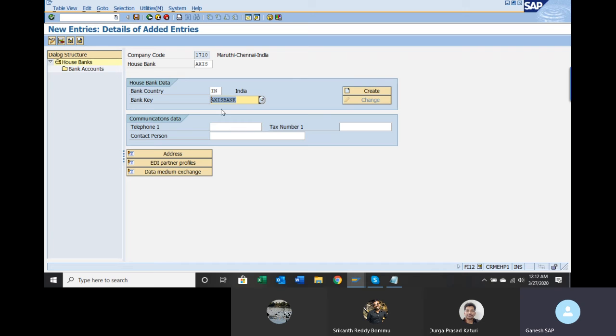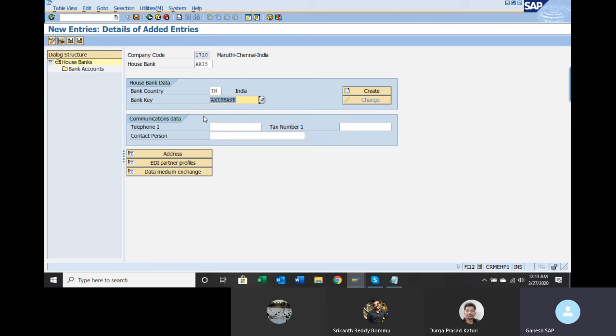So with that, normally whenever you are creating any house bank or any information, you are collecting this data from the customer. You are not putting anything on your own. You are collecting this information from the customer. Based on that data only, you are keeping it here. These are all customer relevant data. We are not keeping any data on our own. Okay. So even bank also, you should not keep anything on your own.